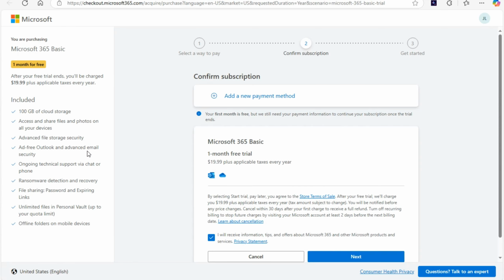So basically that's it. If you can't do that in the PC, then you need to do that inside the